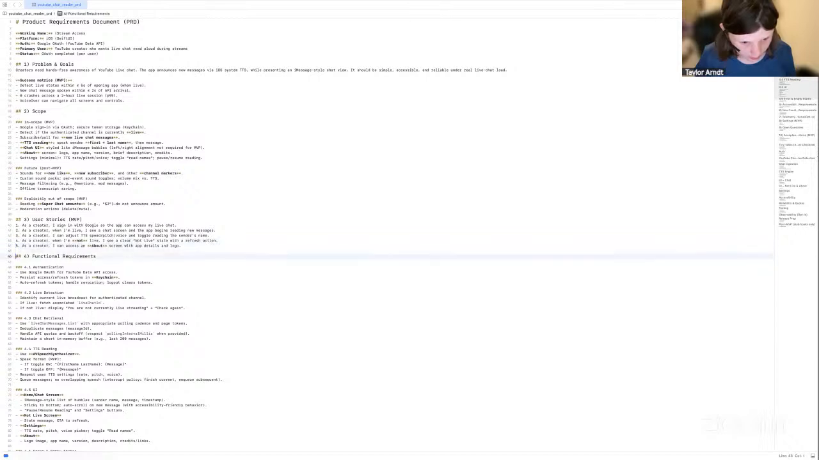Number 4, functional requirements. 4.1 authentication: use Google OAuth for YouTube Data API access. So here's the PRD, right? I'm going through it. And you can literally copy this PRD and make PRDs for other things. Okay, so you don't have to just